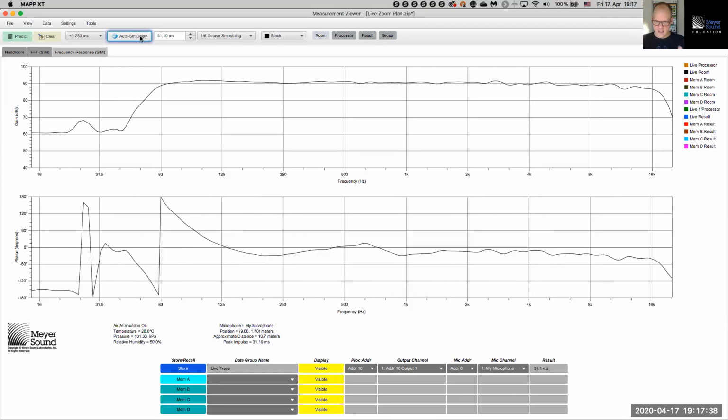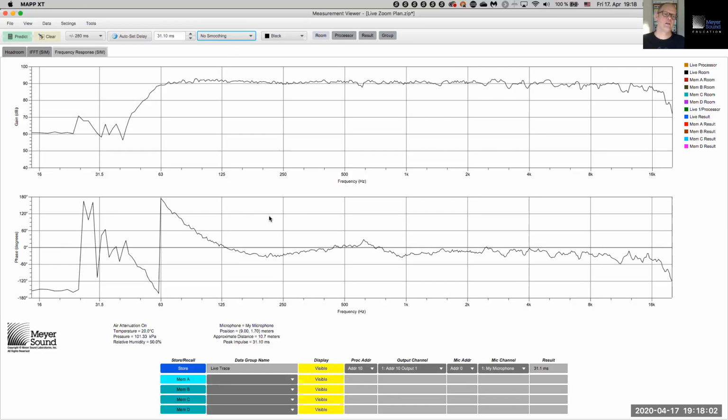That would delay the reference signal, allowing the measurement signal to arrive in time as well. And then we see the amplitude response, which is functionally flat, and we see the phase response. We see similar data with or without smoothing, as you would expect to see in an analyzer. And we can store all of that and recall all of that, and that's about the last thing that I should do today,